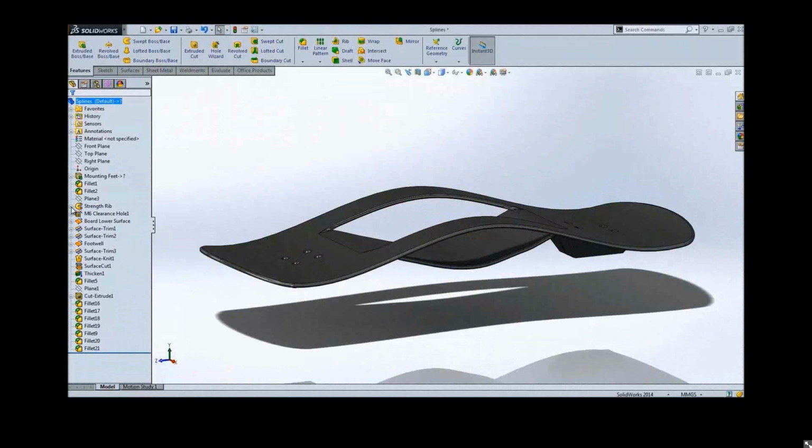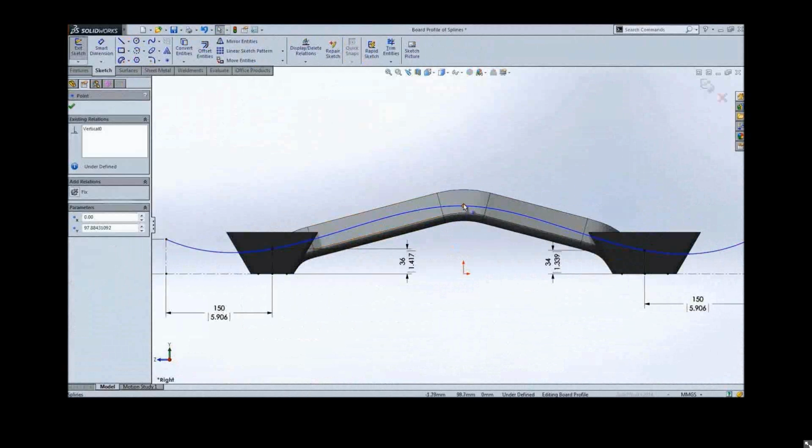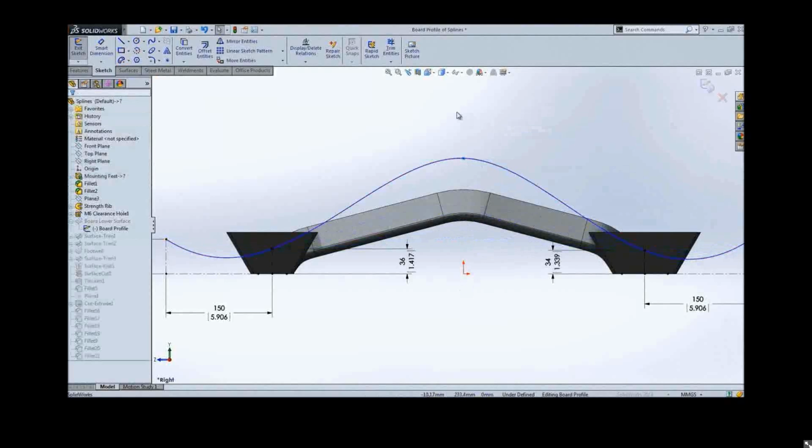The next thing that they've done with this advanced sketching is called fixed length spline. This skateboard deck is actually made out of a carbon fiber sheet, and it's sort of bent. So it might be really useful for us to tell SolidWorks what the length of this spline bend is, so we can know how we started or what length or size of carbon fiber we